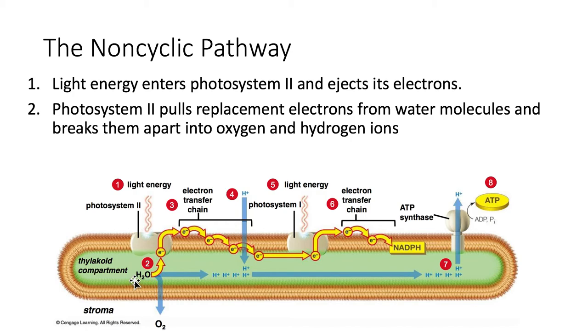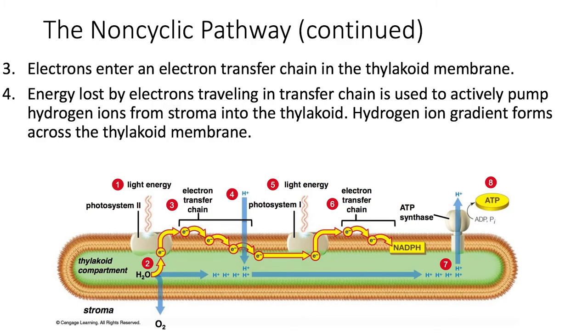The hydrogen ions stay inside of the thylakoid, and they're going to start getting built up to higher levels, and we'll touch on this more later. So that's step 1 and 2. Next, these electrons that were pushed out of photosystem 2 enter what is known as an electron